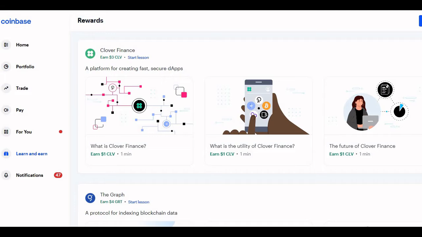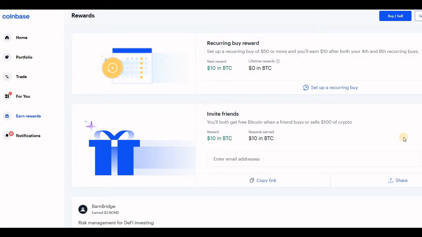So in today's video, we'll be having a look at the Clover Finance tokens, and we will be going over the questions and answers so you can earn $3 in CLV coins. If you'd like to find out more about Coinbase, I'll link a video on top where I did a full